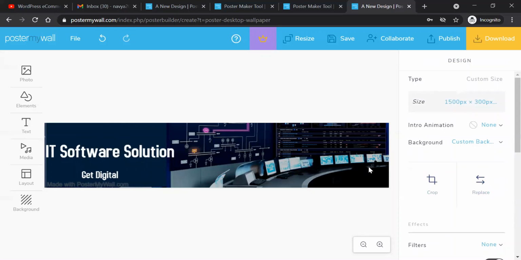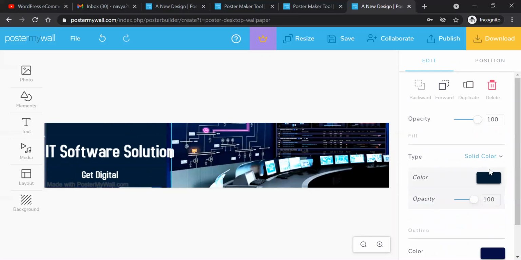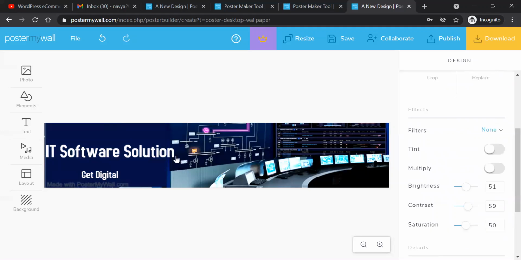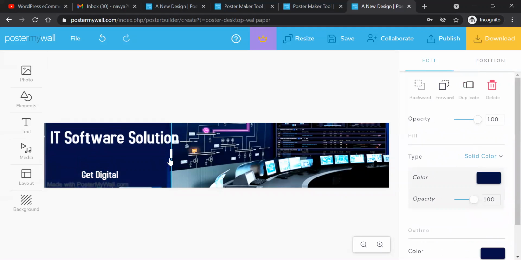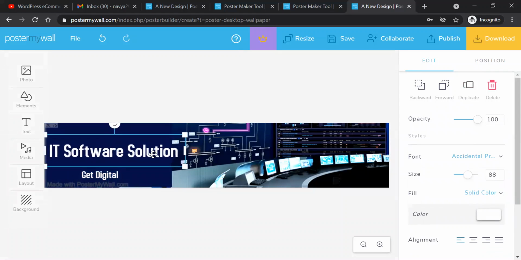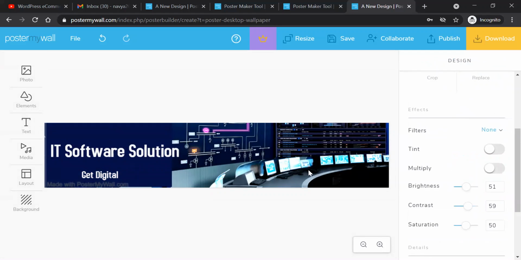If you don't want this outer background, just click on this color. You can also modify the color over here. Increase. So that's what you can do here.